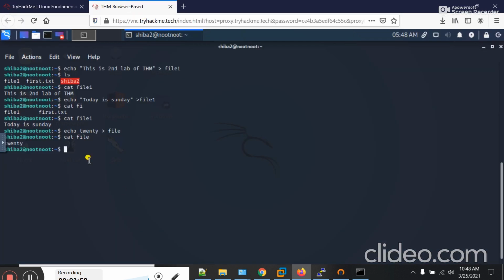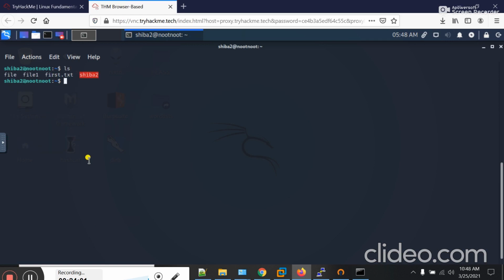If I type ls and I want to show the content of file 1 and hit enter, you can see the output of file 1 is today is Sunday. If I type echo, and I type well, and I type the double greater than sign and then file 1 and hit enter.